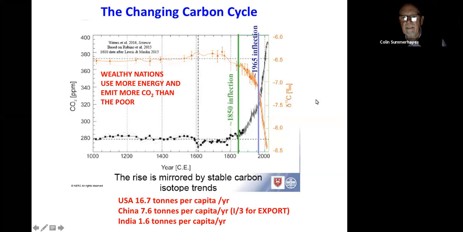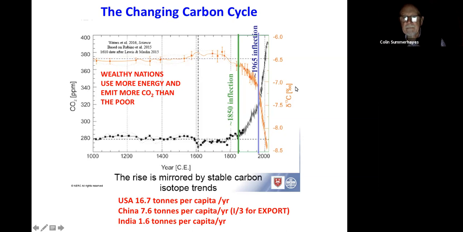Well, we can analyze the ratio of carbon 12 to carbon 13. When we do that, we see that for the whole period from AD 1000 right up to about this 1850 green line, the carbon isotopic composition was fairly constant at about minus 6.5. Then as we began burning fossil fuels, particularly coal, the ratio started to decrease, going down slowly as the carbon dioxide slowly went up. And then as the carbon dioxide steeply went up, the carbon isotopic composition dropped very rapidly